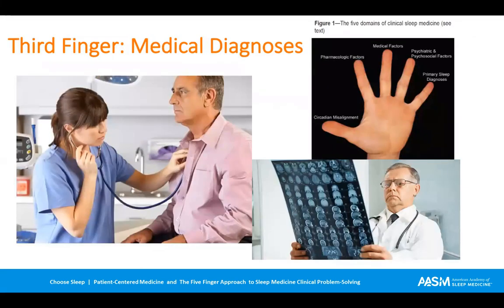The third finger in the FiveFinger approach has to do with the contribution to sleep-wake disturbances coming from other medical problems. Now, the list of potential suspects in this regard is also long. For example, a patient with thyrotoxicosis may complain of insomnia as a presenting complaint. A patient with any sort of chronic pain disorder inevitably will complain of disturbances to sleep as well. Patients who have suffered traumatic brain injury may present with insomnia, hypersomnia, or both.